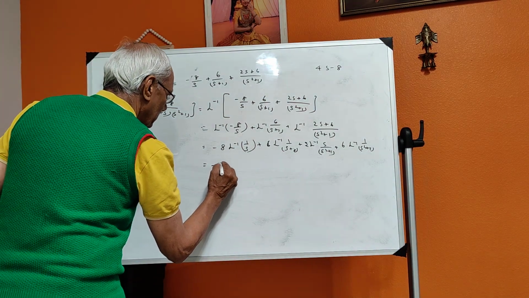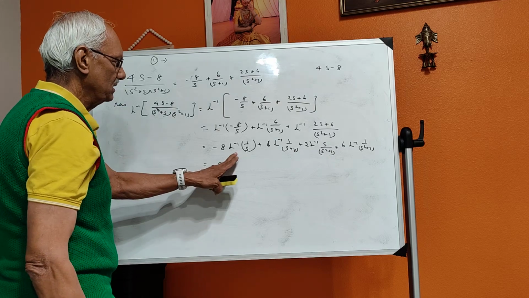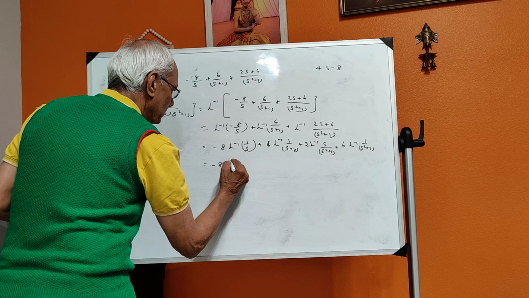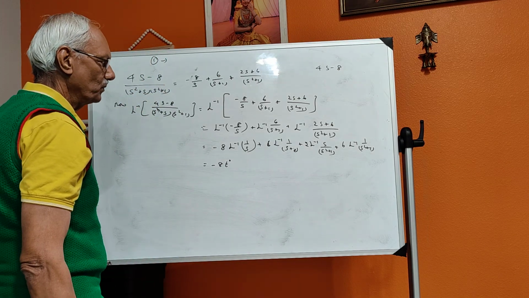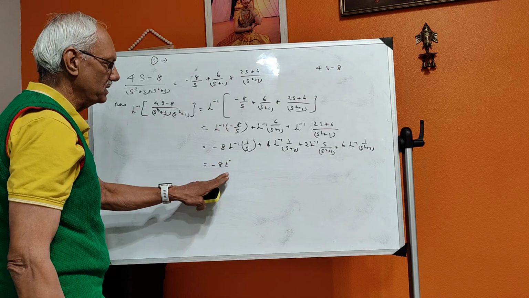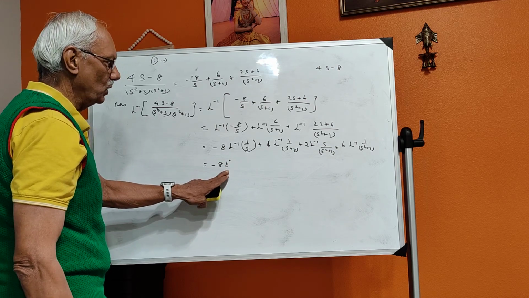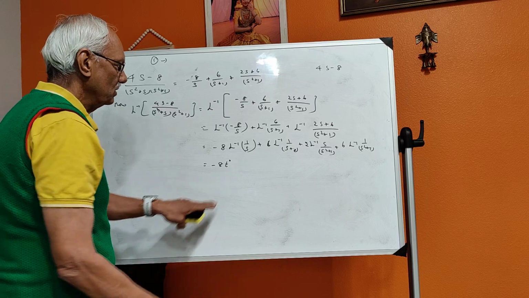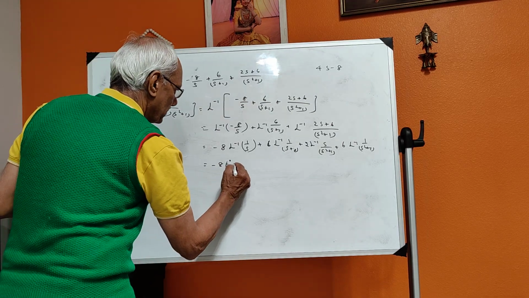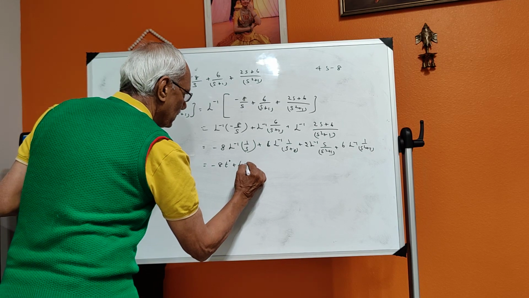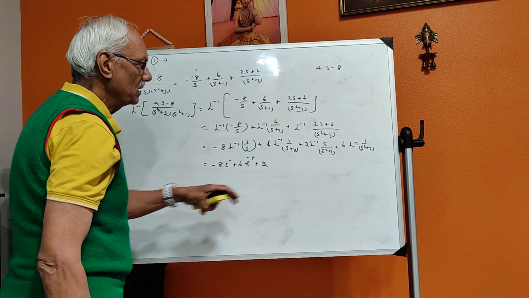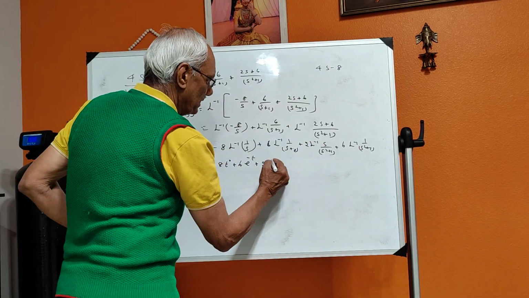So this is minus 8 into L inverse of 1 by s, which is nothing but t to the power of 0. Actually speaking, this is t to the power of 0. The Laplace transform of t to the power of 0 is 1 by s, so I can put it as 1. It is 1 by s plus 6 into e to the power of minus t plus 2 into s by s square plus 1, which is nothing but your